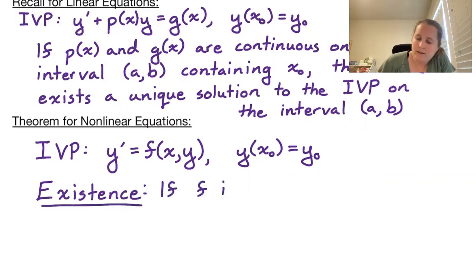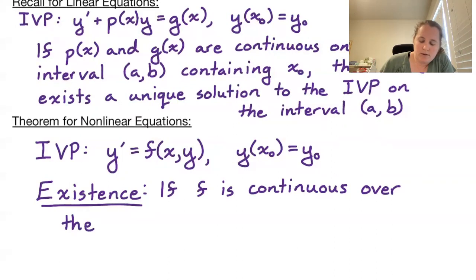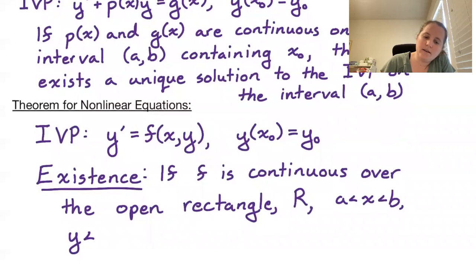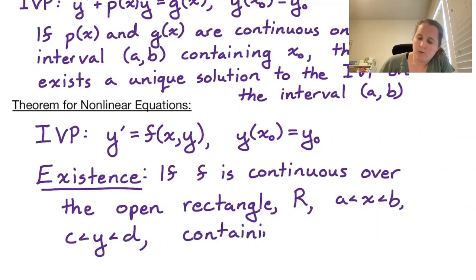if f is continuous over an open rectangle, so it's continuous over the open rectangle R, which we'll define as A is less than x is less than B, with C less than y less than D, containing the point x naught, y naught,